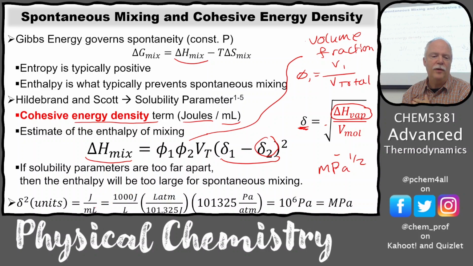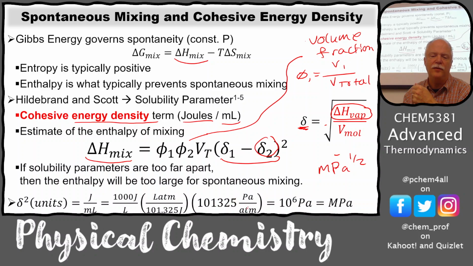Obviously, if I go from milliliters to liters, that's 1,000 joules per liter. Then I have that conversion from the ratio of the ideal gas constants, right? I have 8.314 divided by 0.08206. One's in liter atmospheres, the other's in joules per mole. And so this is that conversion, 101.325 joules per liter atmosphere. And then converting from atmospheres to pascals is